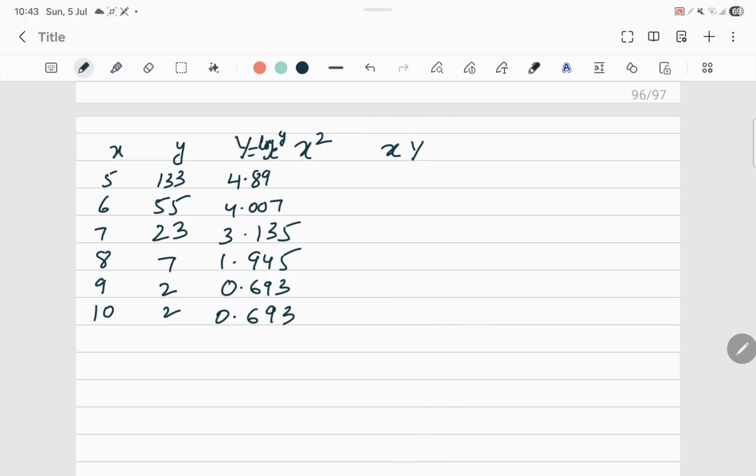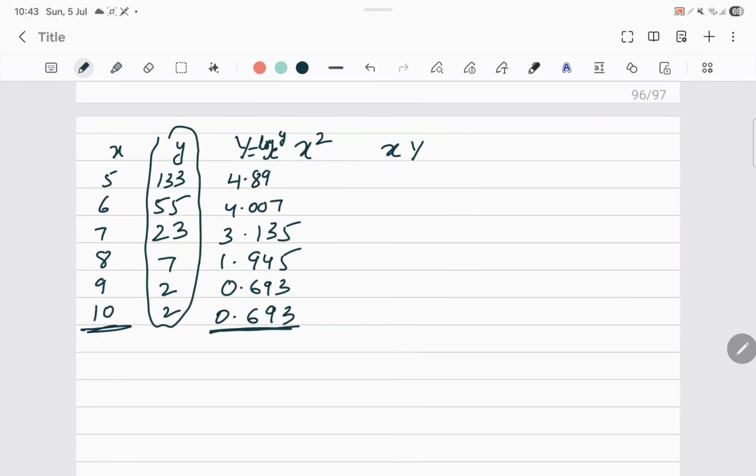Okay, now what you can do in the calculator, you can use these two columns. Ignore this column. So you will get all the summations. You need not add, right? So let's go to home, then go to statistics, go to two variable. Now how will you put the values? X values are the same. We are not changing any x, right? 5, 6, 7, 8, 9, 10. Okay. Then go to y values.